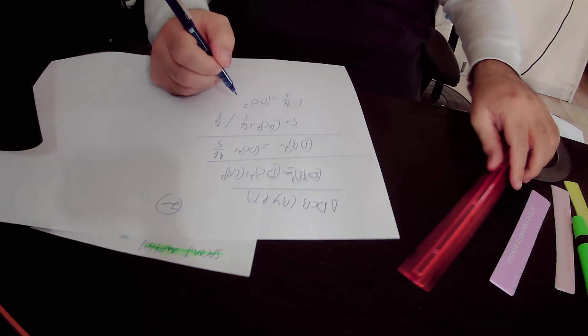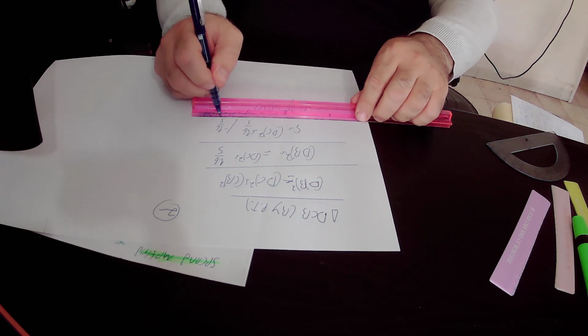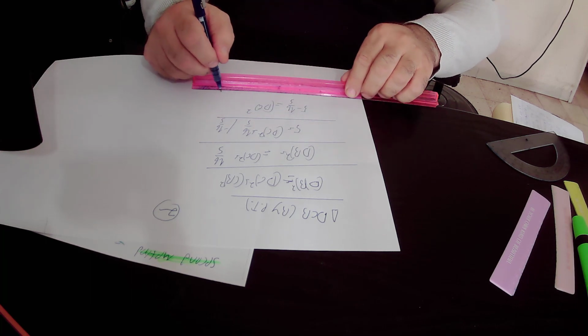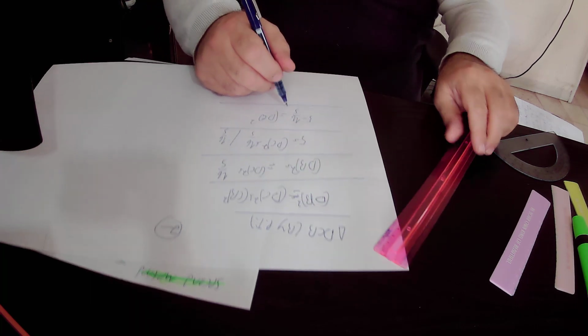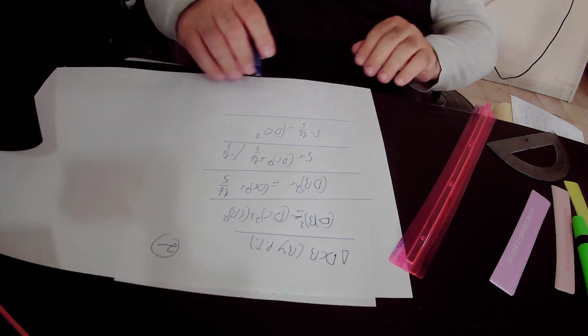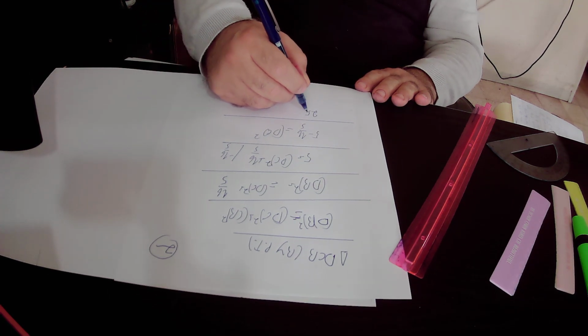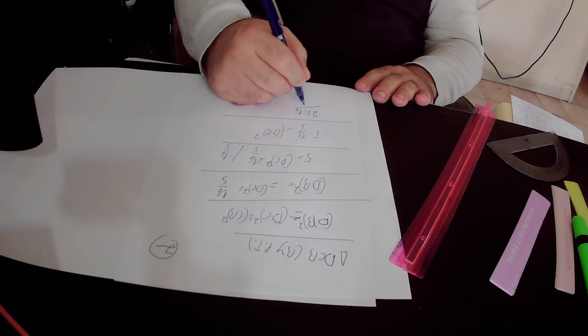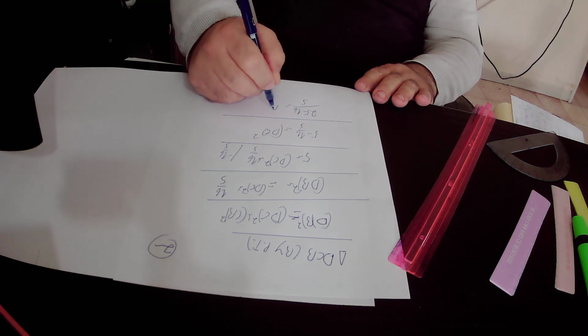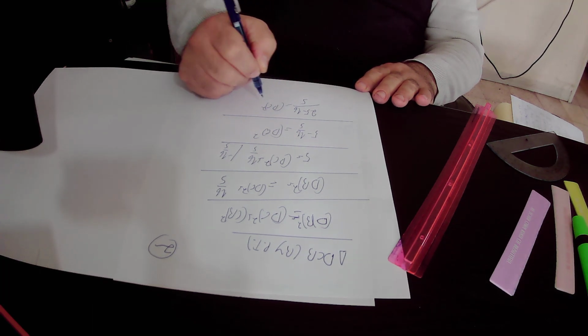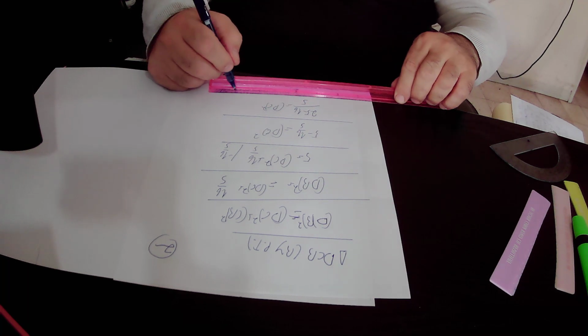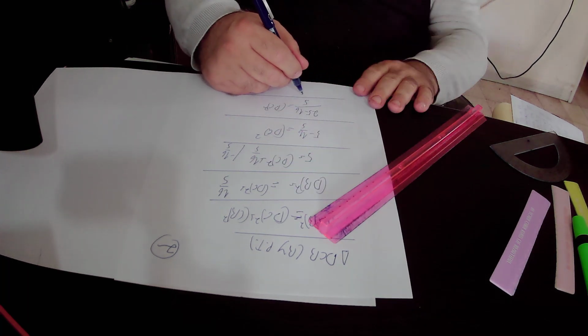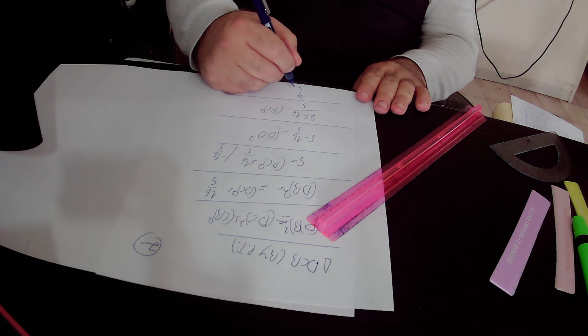Here we multiply 5 by 5 and then divide it by 5 in order to become comfortable with this expression. 5 times 5 is 25, so 25 minus 16 over 5 equals DC squared. So 25 minus 16 is 9, and 9 over 5